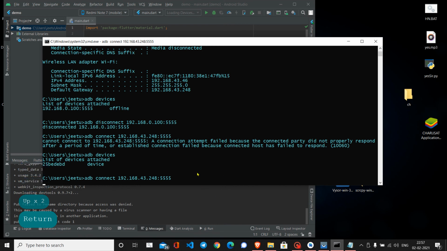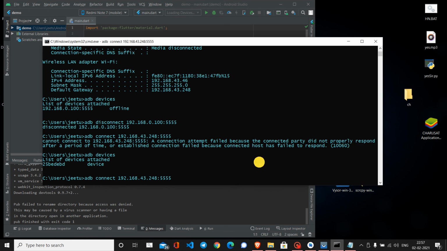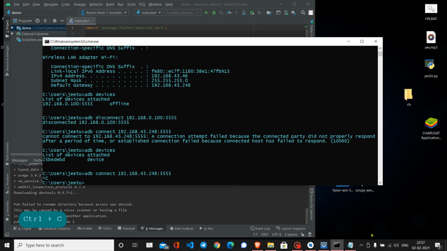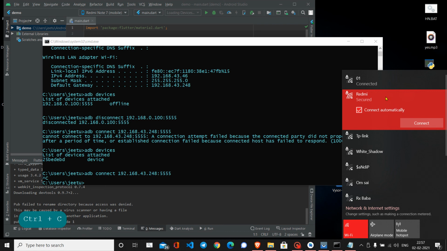So fingers crossed. Is my hotspot on? Okay, my hotspot is on, but my laptop is currently not connected to it, so it is not responding. I'm sorry, guys. So first of all, I'll need to connect my Redmi and say connect.